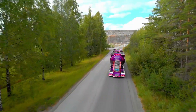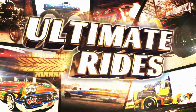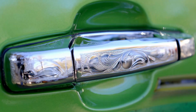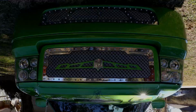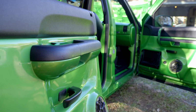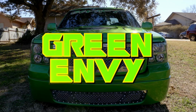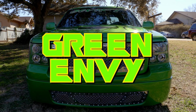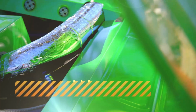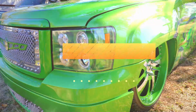From award-winning trucking to family fun. Our next ride ain't blending in with local traffic. Fully customized, chromed out, reshaped, reupholstered, and green. Very green. This is Green Envy. Oh, brother. Originally a pickup with a purpose, Green Envy was pulling trailers full of car show rides, but now has become